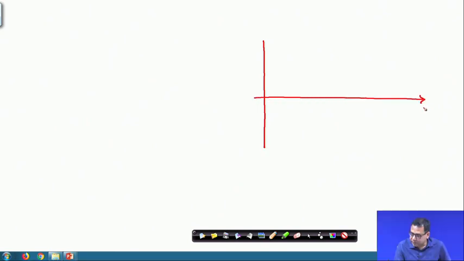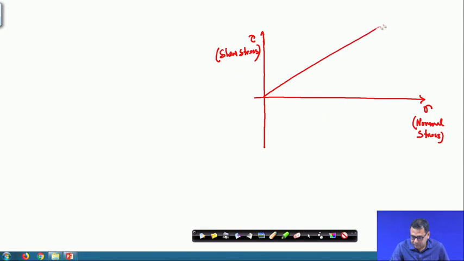if this is the sigma axis, and this is the tau axis, where sigma is the normal stress and tau is the shear stress, and this is the Mohr Coulomb failure envelope, and we are discussing these things for cohesionless soil. So, that is why the Mohr Coulomb failure envelope will pass through the origin, and it makes an angle phi with the horizontal. So, phi is the friction angle.